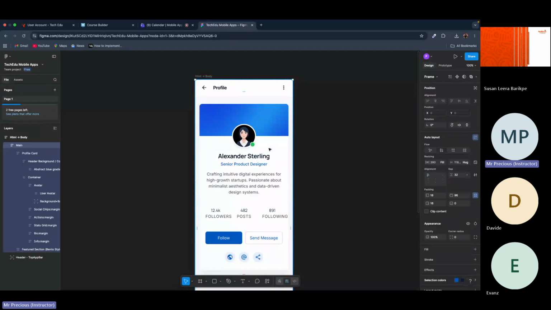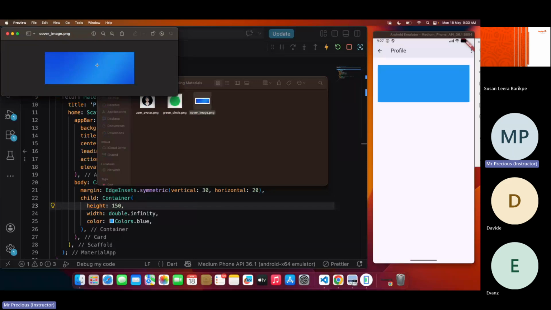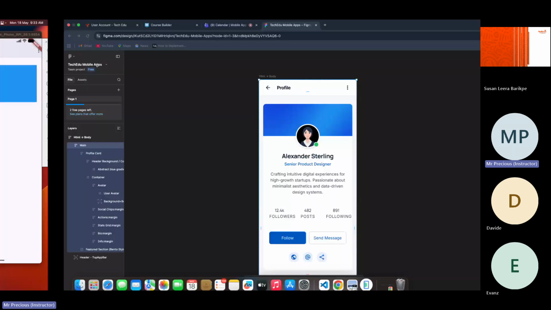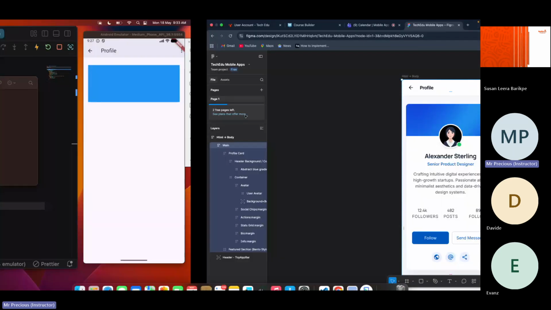So let's assume we got this UI from our designer, and that designer has provided all these assets for us. Let me show you what I mean. So I'm referring to this. We have this for the blue background or cover image. We have this as the